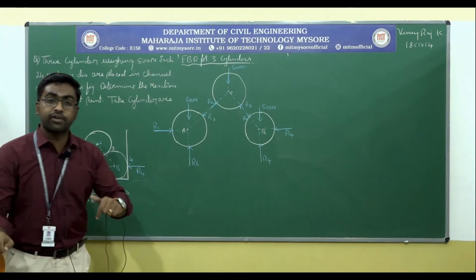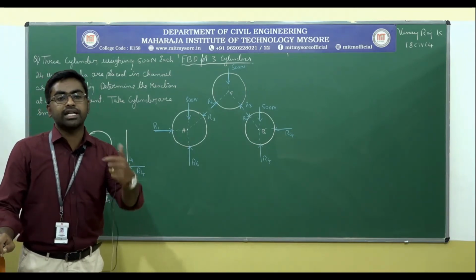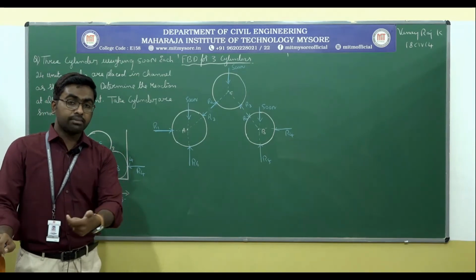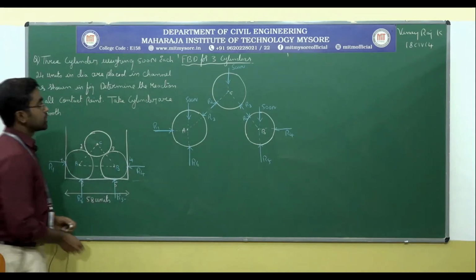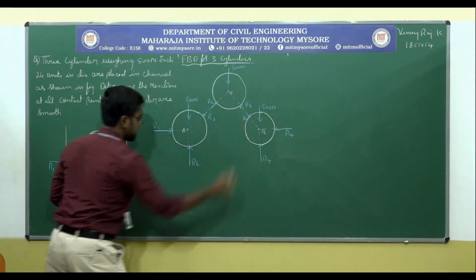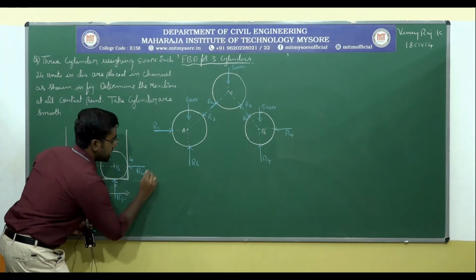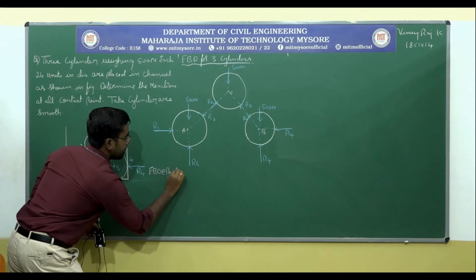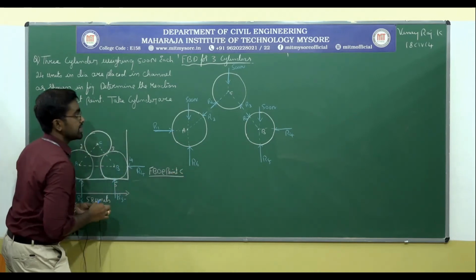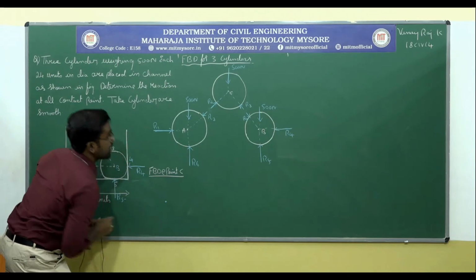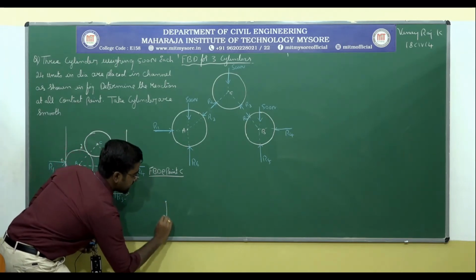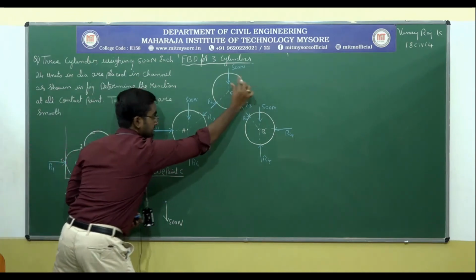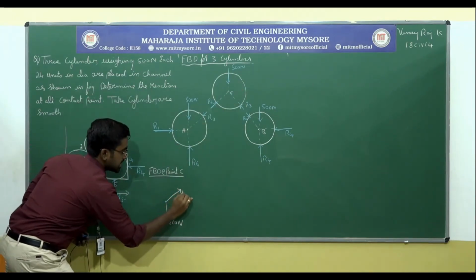Now I need to draw the free body diagram separately so that you can easily apply the condition. It may be Lami's theorem or it may be the equilibrium condition. So let me draw the free body diagram for this first. That is the free body diagram at point C. So using the principle, this is point C, so the weight is 500 Newton. So I have to mention this R2 here. So this is R2.